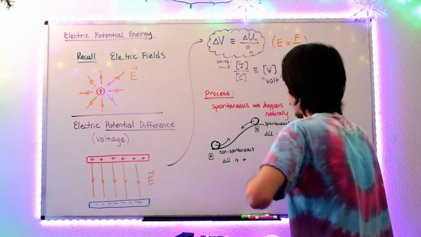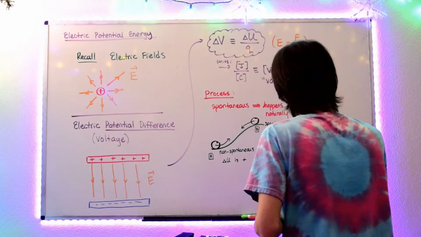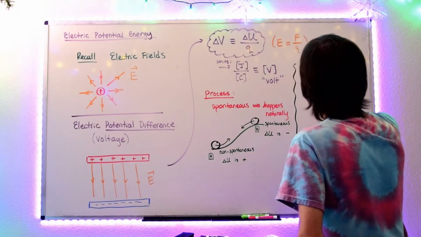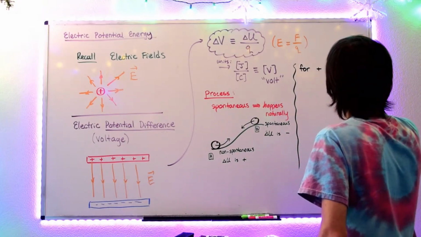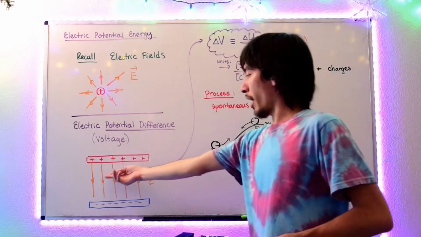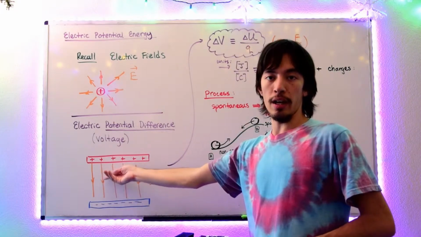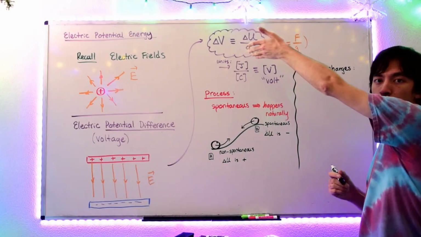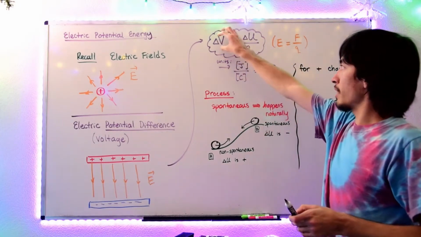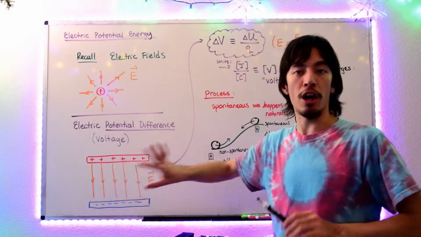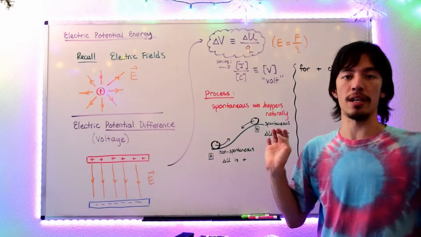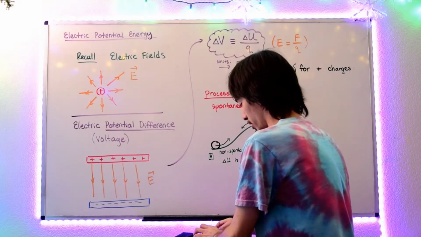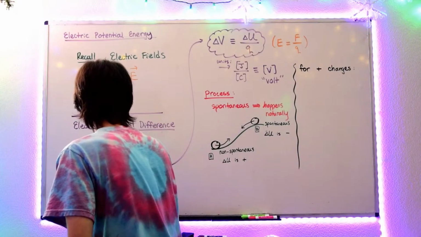So let's say if we consider a scenario, let's use this picture as our example. Let's say for positive charges, okay, so again, we don't need to have a charge in this electric field for there to be this quantity, the potential difference or voltage. We're claiming that this quantity will exist in this picture regardless of whether we put something in it or not. Okay? But for the sake of understanding, if we were to put a charge in it, let's say this positive charge, okay,